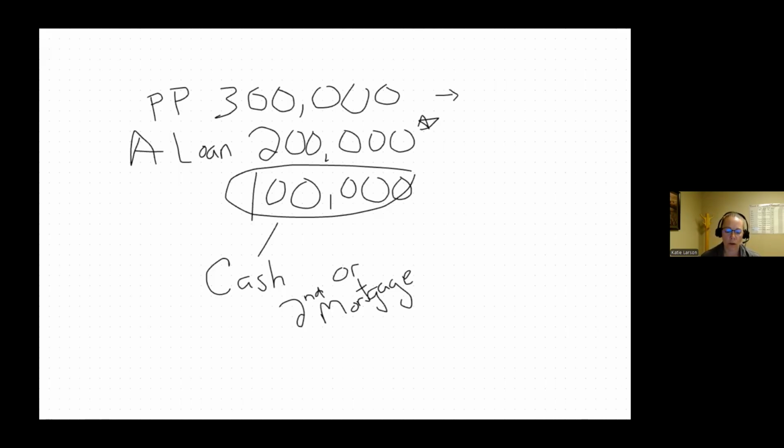When you then get closer to closing, you will get the actual number of what is left on that assumed loan. If that actual number is less than 98% of this, then the buyer has the right to cancel because they would have to come up with more cash or a second mortgage to be able to buy the property. Okay. So let's say we have a $300,000 purchase price. When we wrote the amendment or addendum, we put $200,000 in there because that's what everybody thought it was. But it's actually